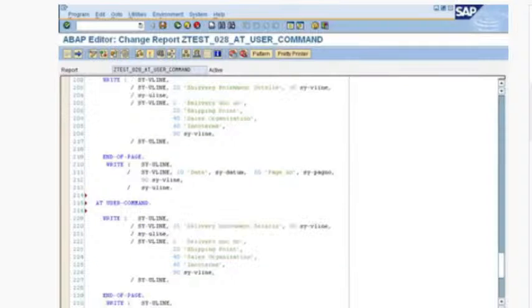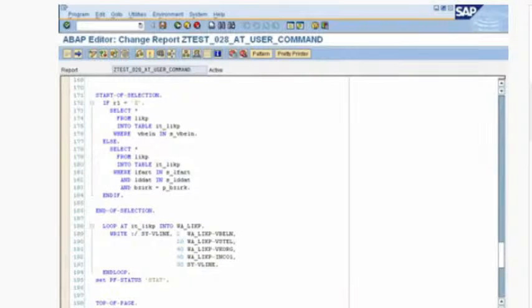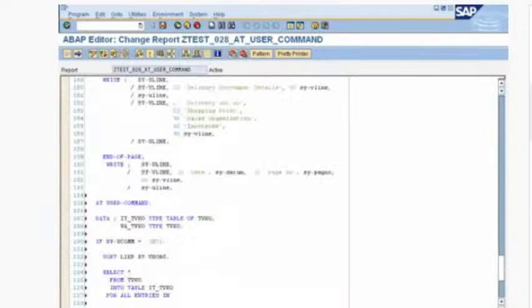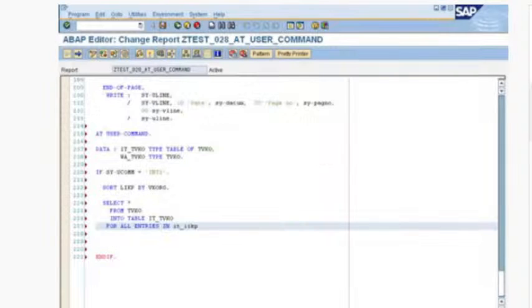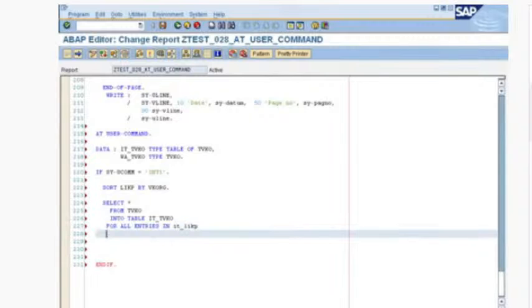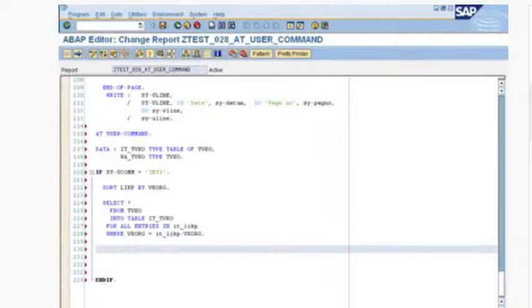We are getting the data of LIKP into IT_LIKP, correct? For all entries in IT_LIKP. Remember the for all entries syntax? Where VKORG is equal to IT_LIKP-VKORG. After this step, I will say